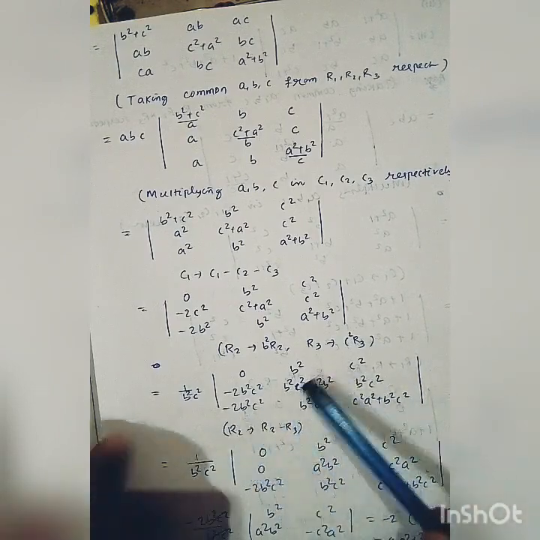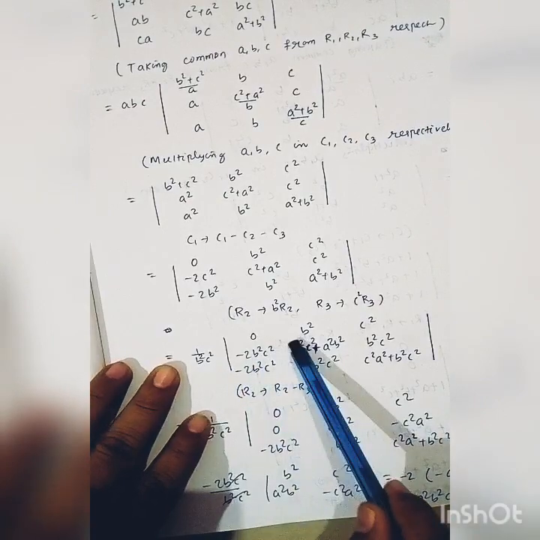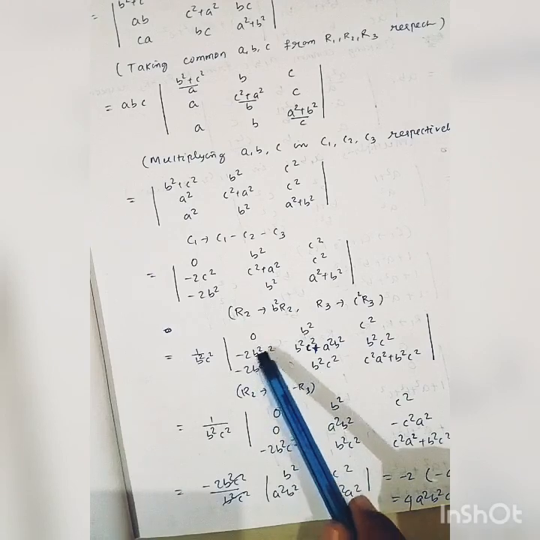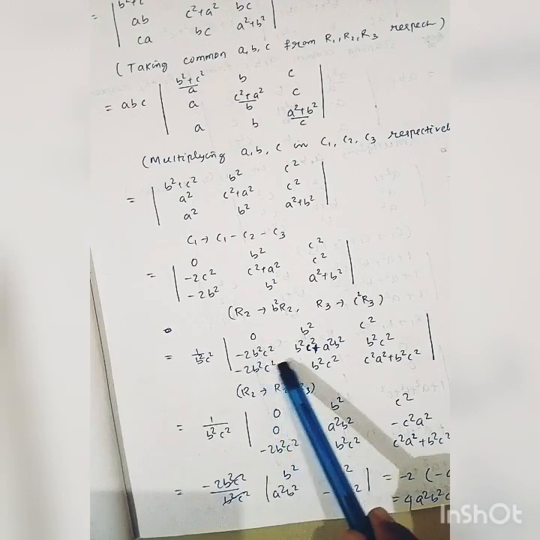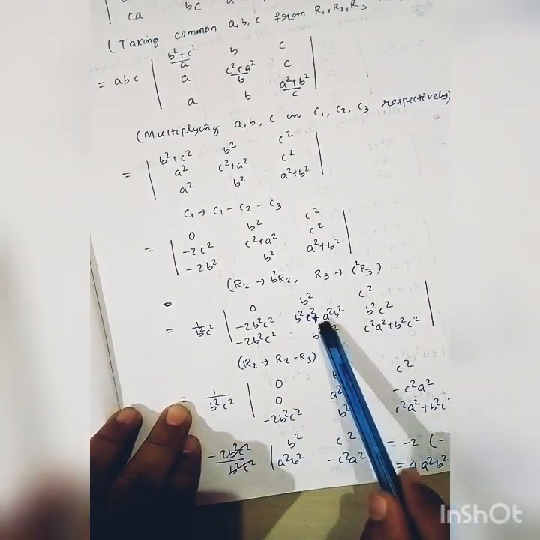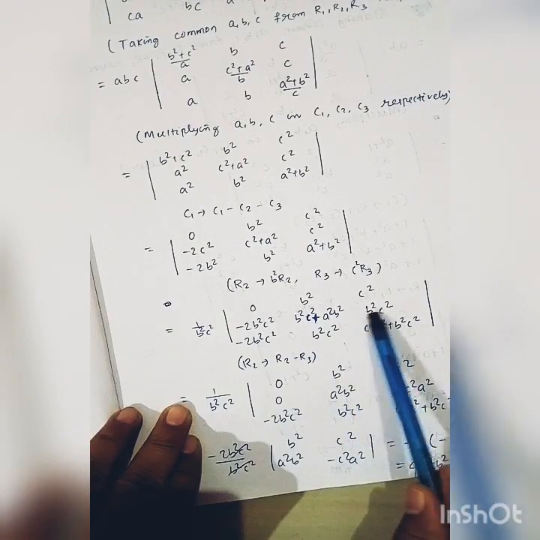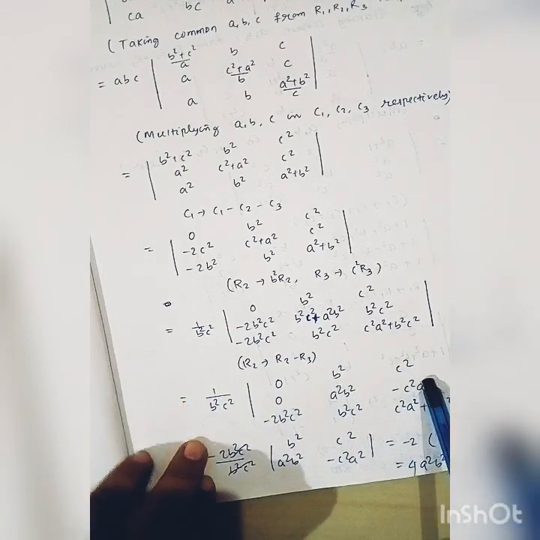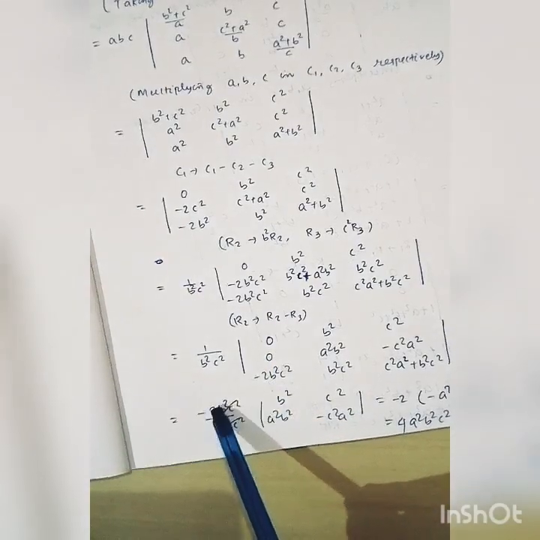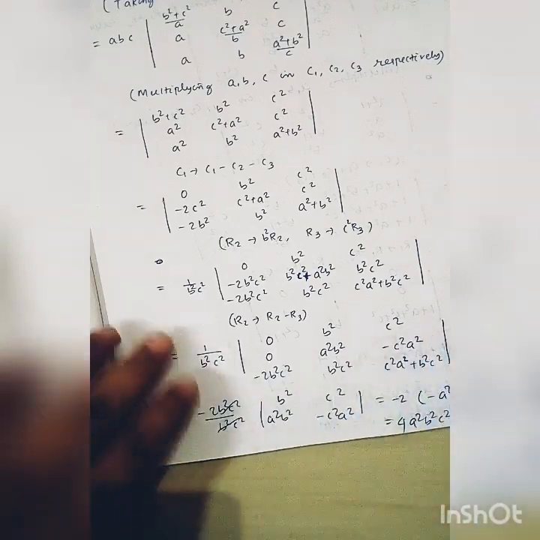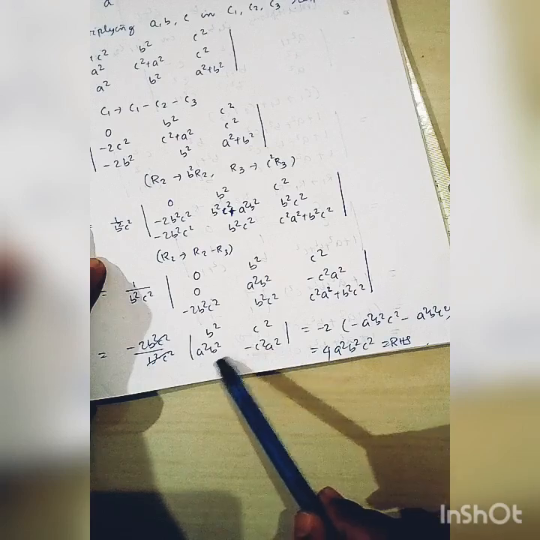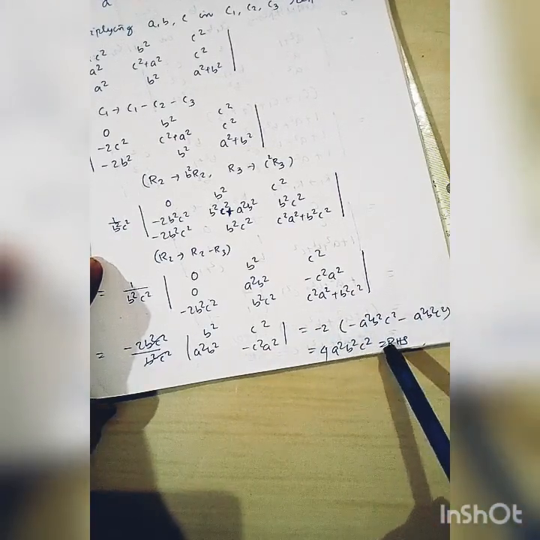Again you have to reduce the maximum number of zeros in any particular row or column. As these two elements are identical, use the property row 2 minus row 3. Again it is 0. Again it is b square plus c square minus b square c square, a square b square. This minus this, again it is minus c square, c square. Now expand in column 1 by b square c square minus 2b square c square. Now the determinant of this, by solving this, minus 2 into a minus a square b square c square minus a square b square c square equals 4a square b square c square.